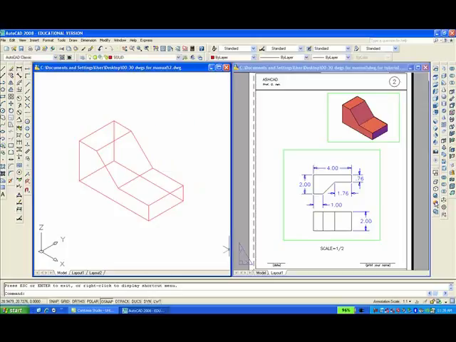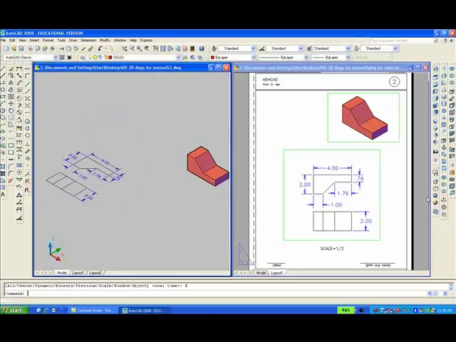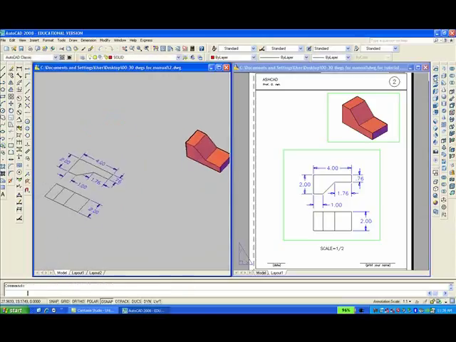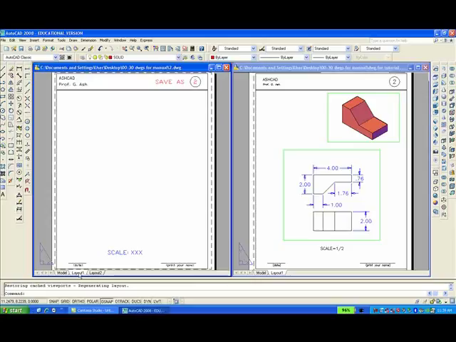We'll add color using the Visual Styles toolbar, and everything looks okay. If you zoom extents, Z enter, E enter, you see the whole drawing. Then move into top view and then switch from model space to paper space. I forgot to change the scale on this drawing, so we'll type ED enter, change the scale to 1/2,